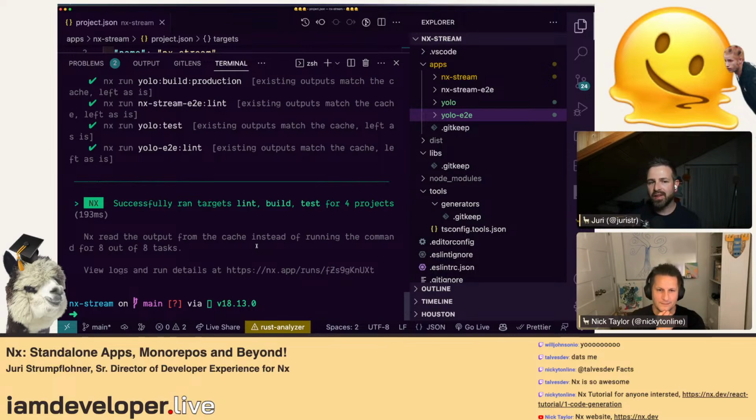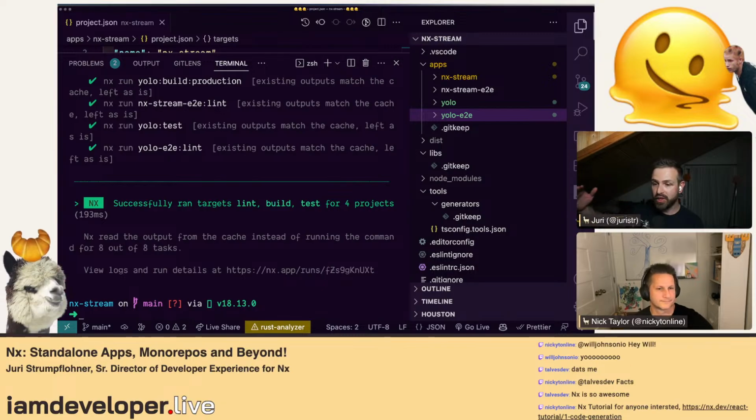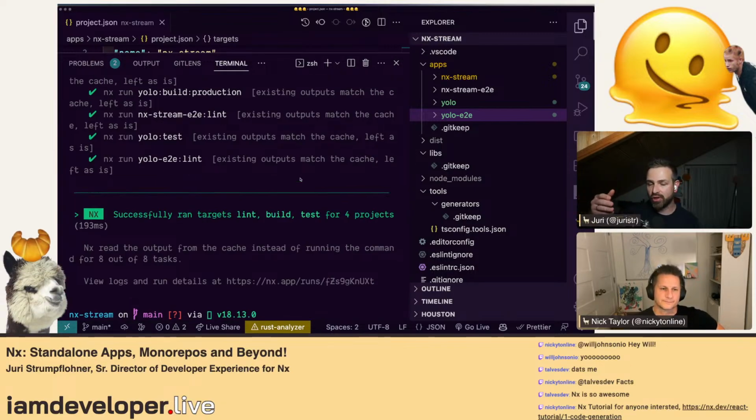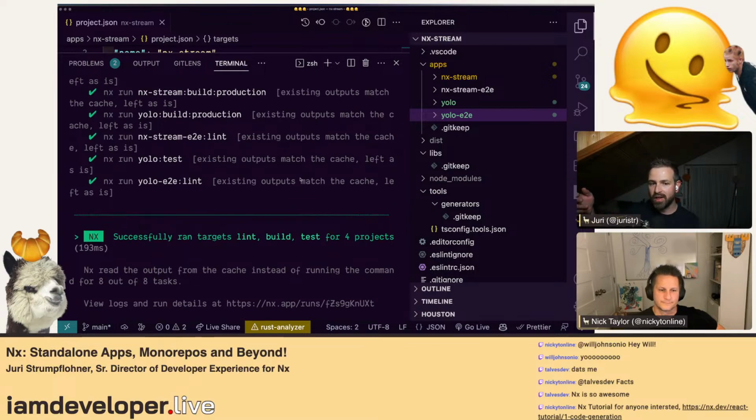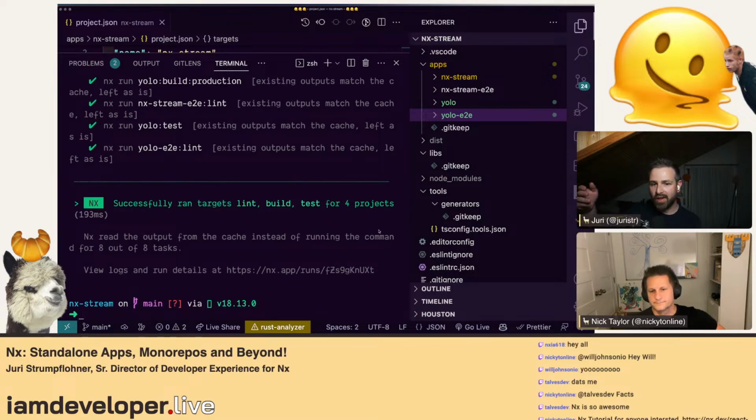Exactly. I think the biggest value is on the CI pipelines themselves, because that can become a problem in a monorepo. A monorepo doesn't have just good sides. If you have more projects, by definition your build times will go up. And if you don't have mechanisms such as caching or more intelligent parallelization, you will hit a moment where you get congestion in your build pipeline. People have difficulty merging their stuff into main because there's so much going on and builds are taking so long.